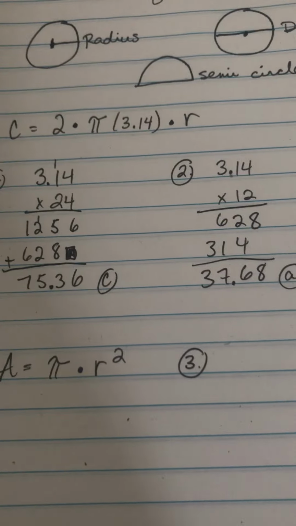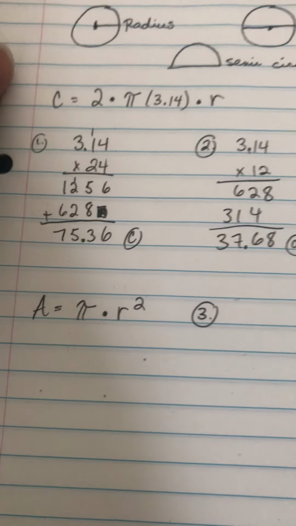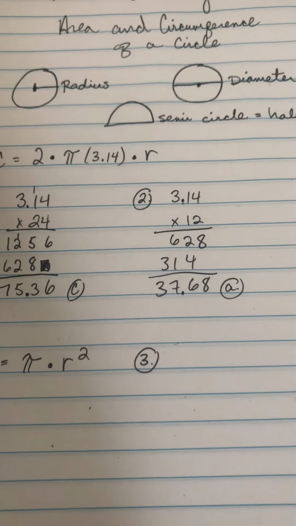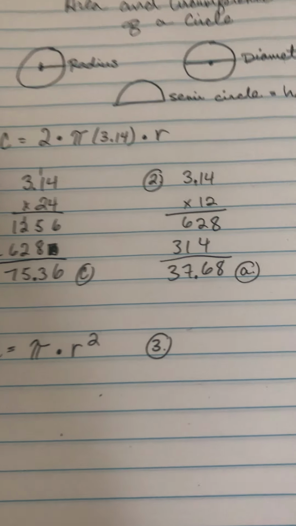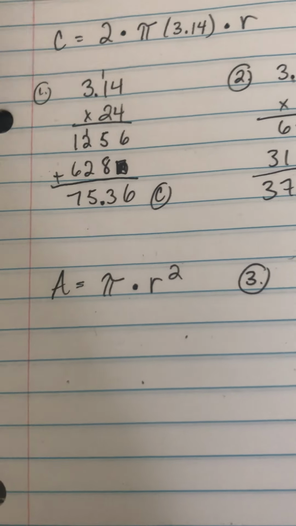Good. All right, so let's look at number 3, because you're going to have to recall this for that last question that kind of combines all of this stuff, the bonus question. I want you guys to really practice that one, okay? So number 3 says, find the area of the circle when the radius is 7 meters. So we know that the area formula is pi times radius squared, so we know that 7 times 7 is 49, and then we have